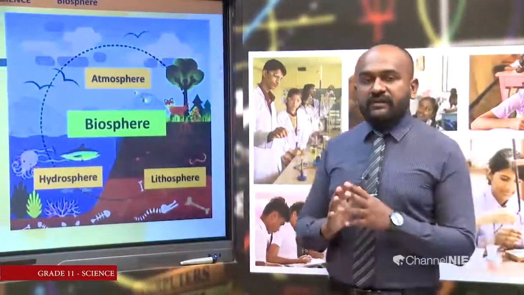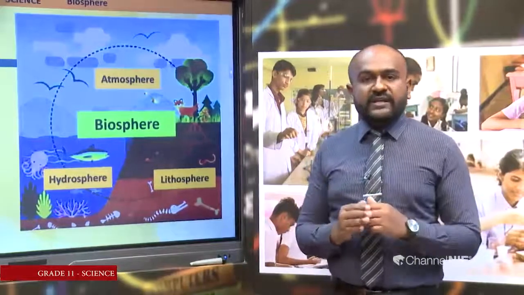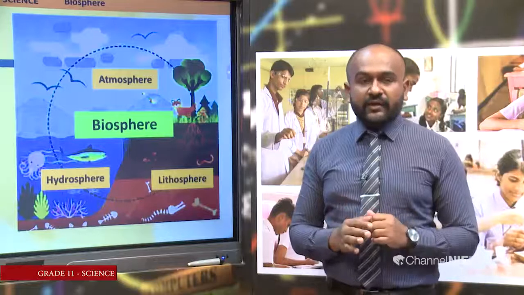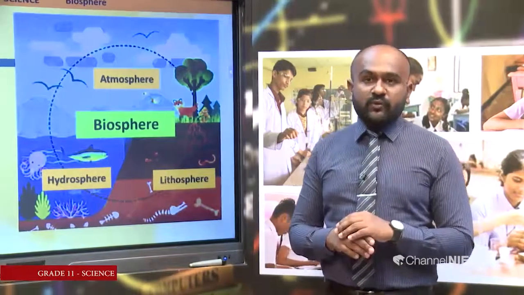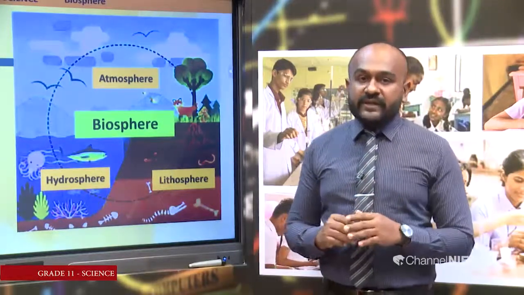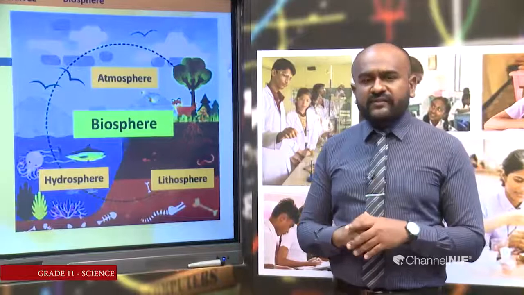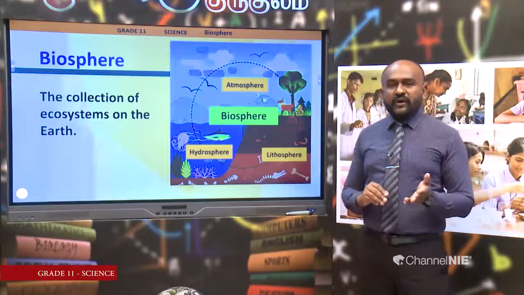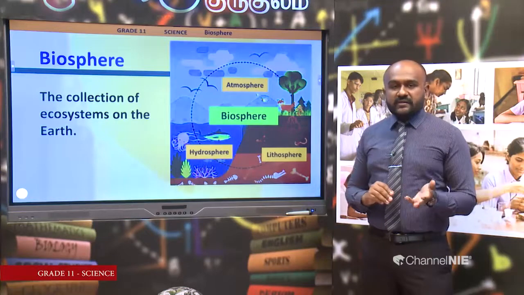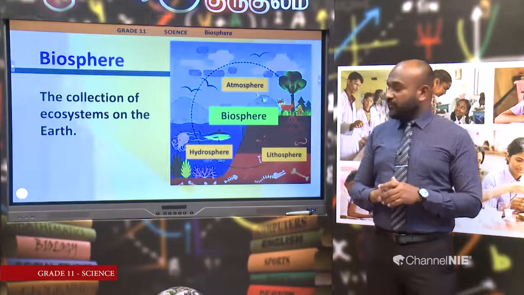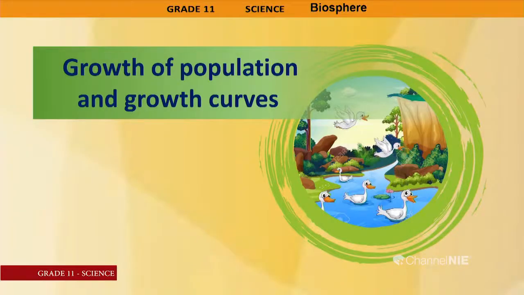Now we have talked about the organization levels of the biosphere. I think now you all remember them in the hierarchical order, that is one of the learning outcomes. Now, you can check whether you have achieved the particular learning outcome. What is the next learning outcome? In this unit we are going to talk about population and population growth curves. So, we come to that one now. We are going to talk about growth of population and growth curves.